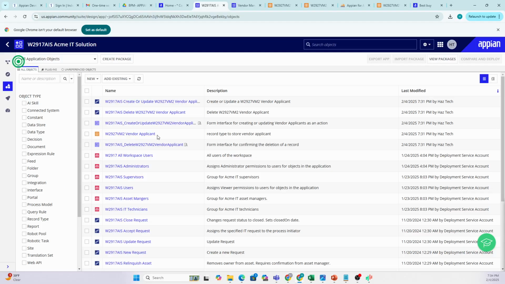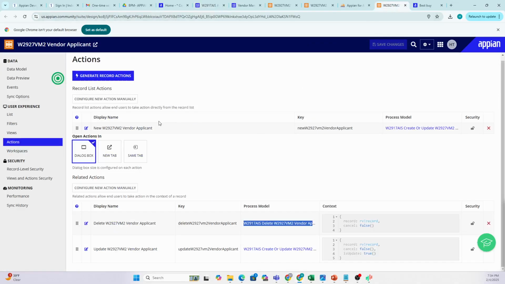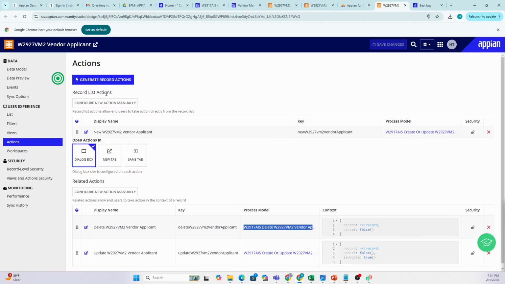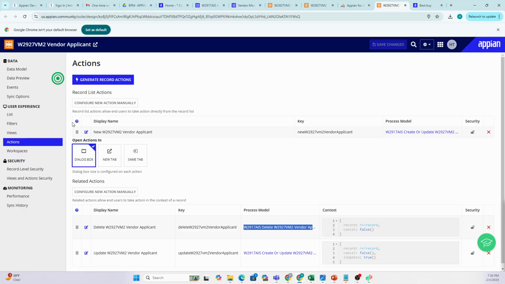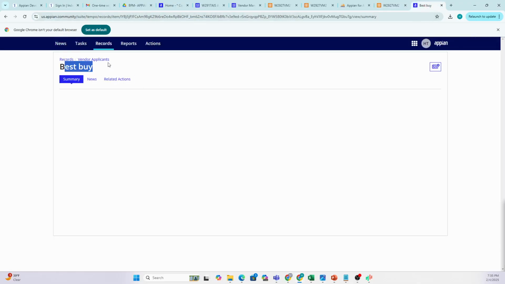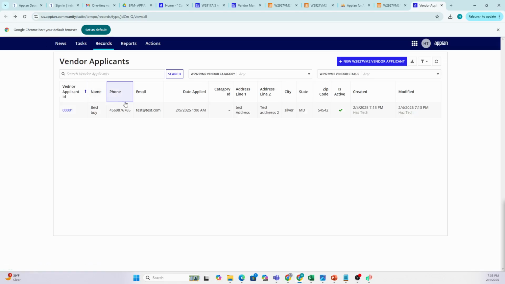Oh, right, it's actually in my record types here. Okay. Anyhow, I created this vendor applicant, so now I have this action. If I go back here, to vendor applicant, now if I look here